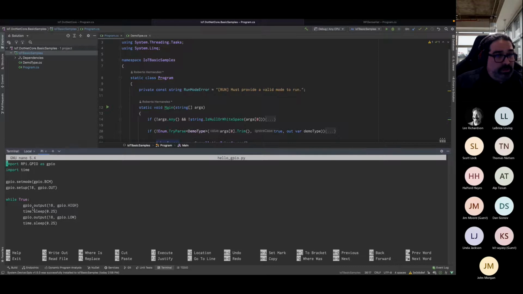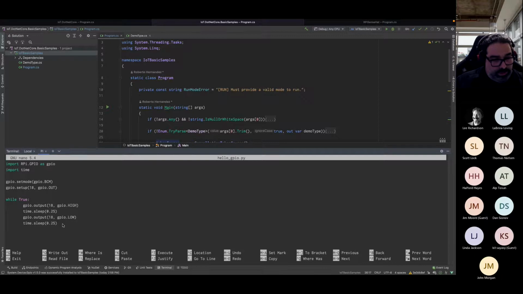Doesn't happen very often in day-to-day enterprise applications that at least I build. But in building IoT devices, there's a lot of looping forever, just because you're basically running background tasks that are waiting for something to happen in order to react. So in this case, we're going to be looping forever and basically setting it to high, waiting for a quarter of a second, setting it to low, etc.